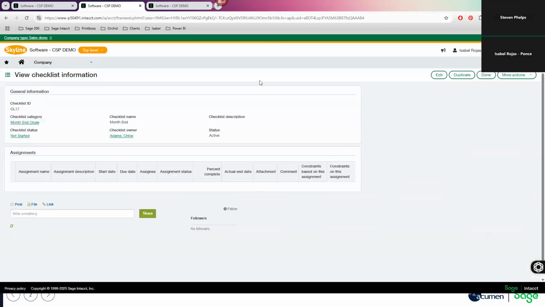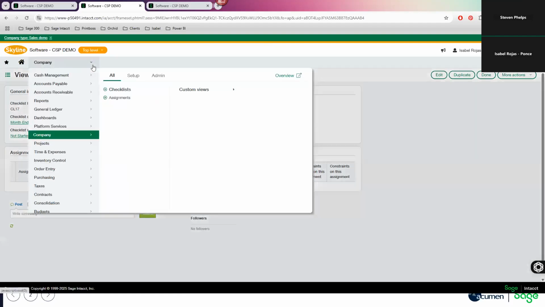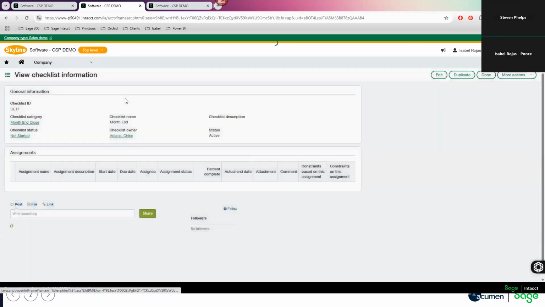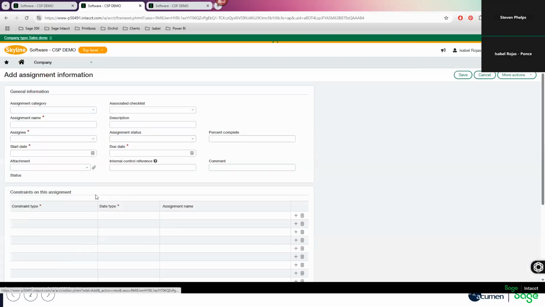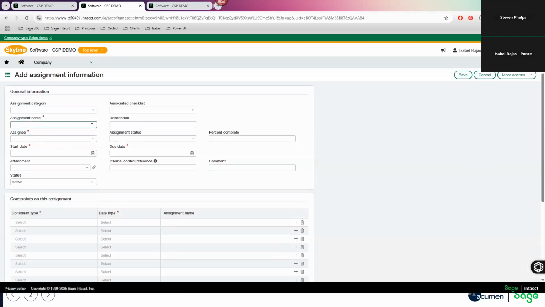Okay. So at the end, you'll see the checklist and the assignments here. Now, let's say that you wanted to create dependencies between those assignments. And so what you're able to do in Intacct is if you have an assignment, you could create dependencies. So I could say that my AP close,